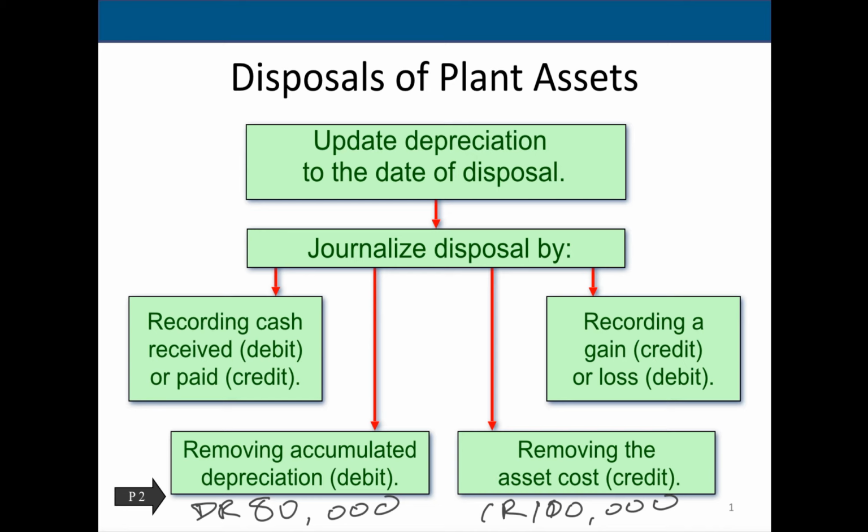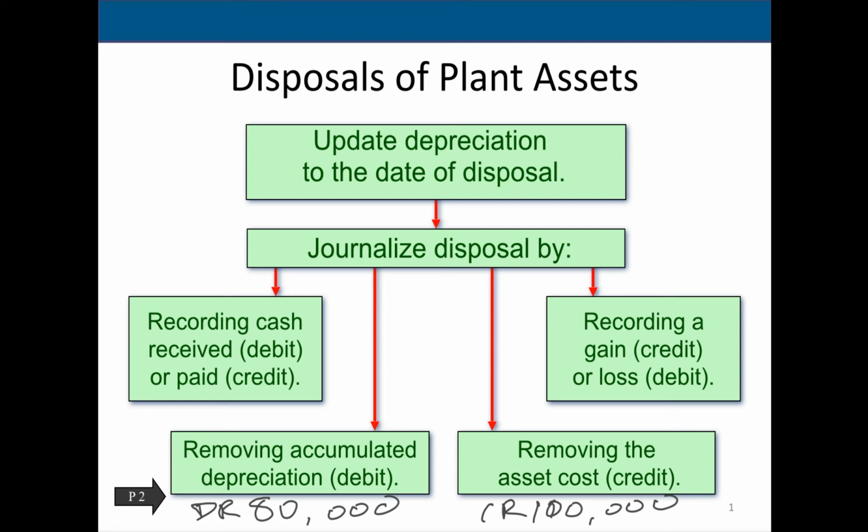So when we bought the asset, assuming we didn't have a salvage value and we're just going to use it up, we planned on using $100,000 of value. We only got to use $80,000 of value, so we had $20,000 of value sitting there that we were unable to use before we got rid of this asset. So it should make sense that if we gave away that asset at that point, we lost $20,000